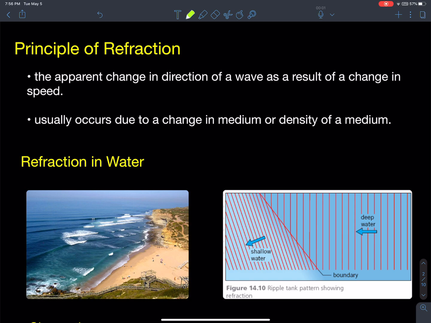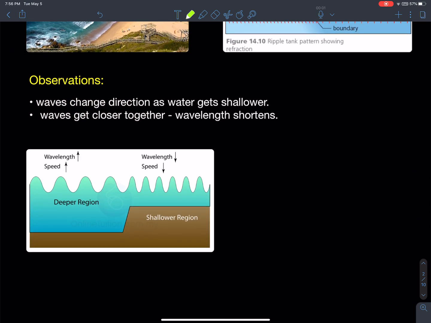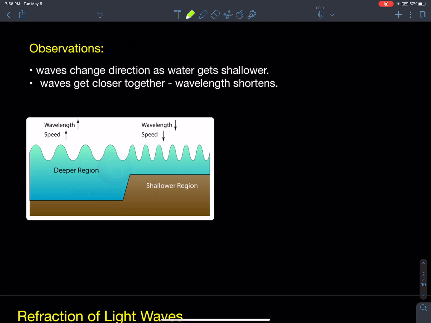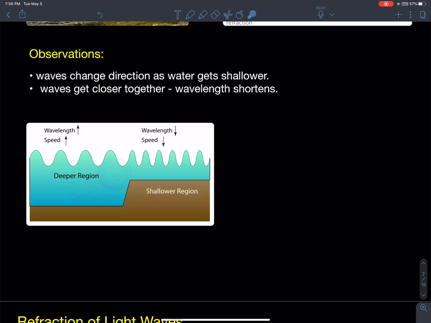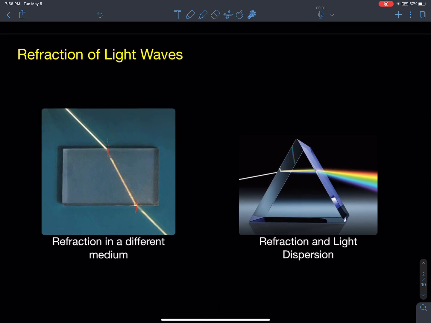All right, so the direction of that wave, that's my ray, has changed, and that's refraction. As we can see here, the waves got closer together as it slows down, so the wavelength would get shorter, and in that case, we would see a change in direction. All right, so in addition to water waves,